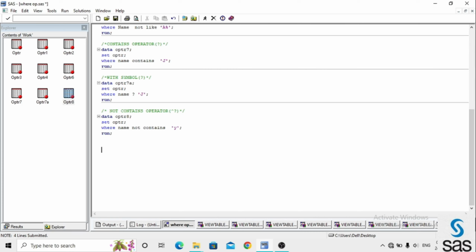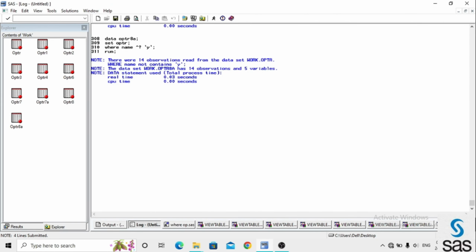And the next one, instead of the not contains operator, we can use a symbol. Just like above with the symbol, I named the data set operator 8A, and the set operator where name is a variable name, and we use the not contains symbol, and y. We are running this code. We give another data set name with the same condition. Instead of not contains, we just write the symbol here.